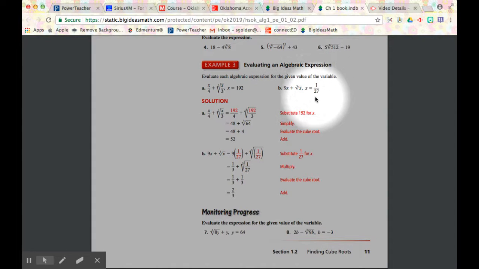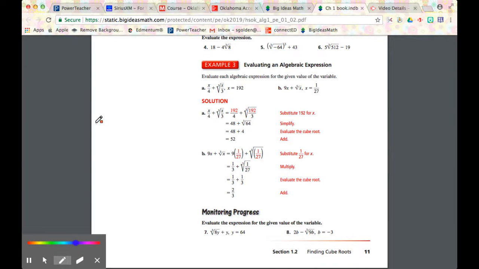Okay? Then if we look at problem B, we have 9x plus the cube root of x when x equals 1 over 27. So the first thing we always do is we rewrite it. This 9x means 9 times x. So I have 9 times 1 over 27 plus the cube root of 1 over 27. So this 9 times 1 over 27, that means 9 over 1